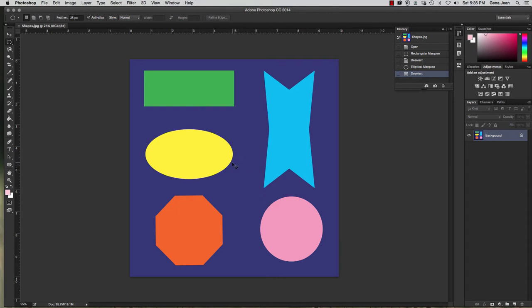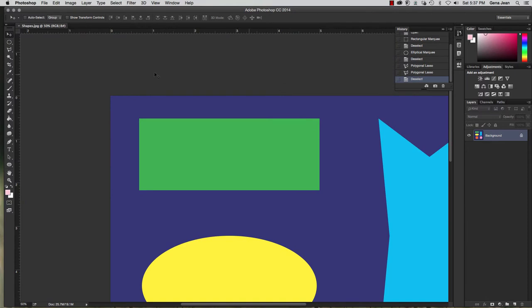So I'm going to zoom in. Alright, before we get started, the first thing I want to do is duplicate this layer. So Command J. Now I am going to click and drag, but we need to make sure I have my Polygonal Lasso Tool selected. Now, click, come across,